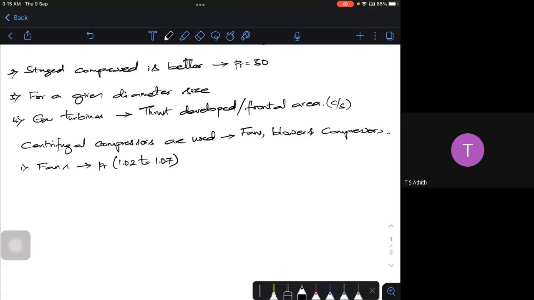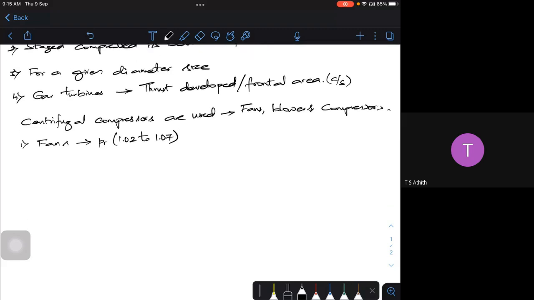So when I want large volumes of air, I'll go with the axial flow compressors. If I go for the centrifugal compressor, the quantity of the air is less. At the same time, size also matters. Now, if I go to a fan or blower, which is a bigger version of a centrifugal,